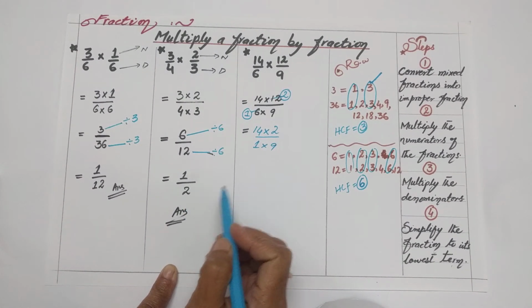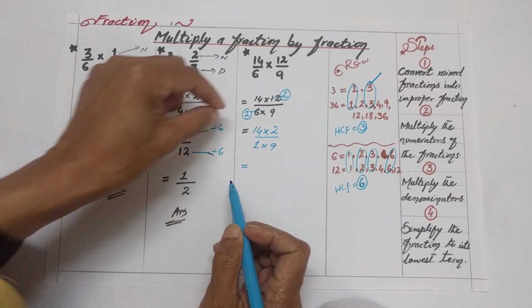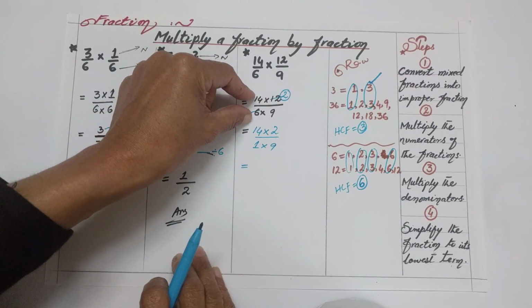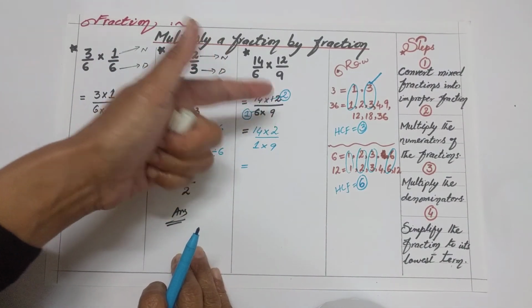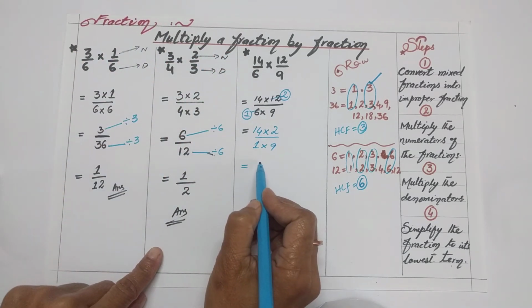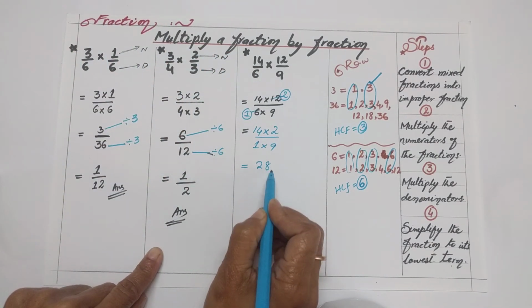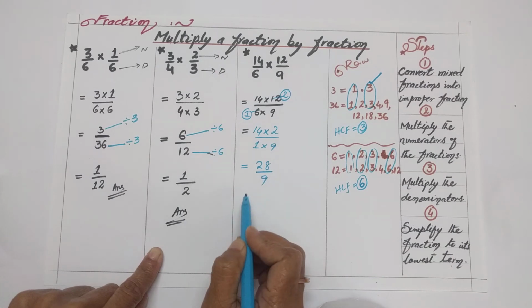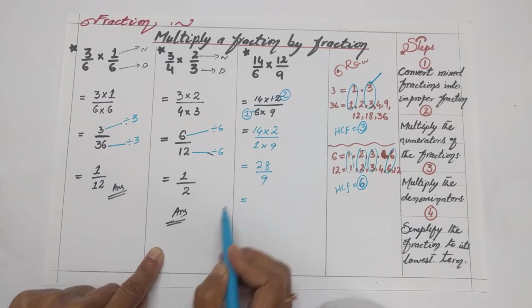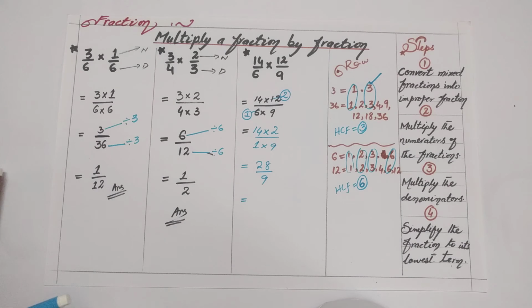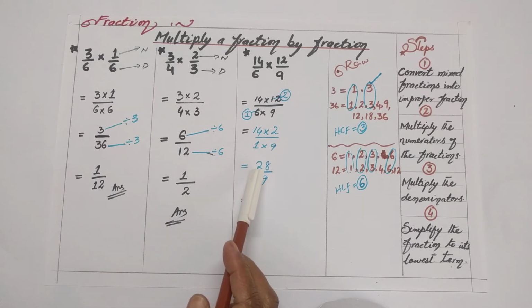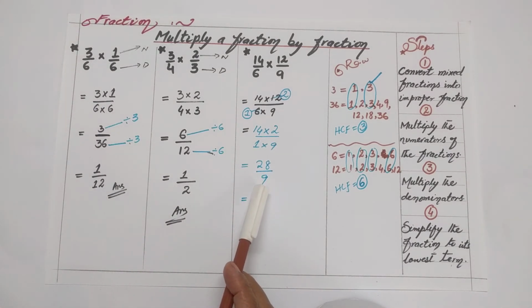Clear? You can also use the 9 and 12, so it's up to you. So 14 ones are 14 and 9 ones are 9. 28 by 9 is an improper fraction,